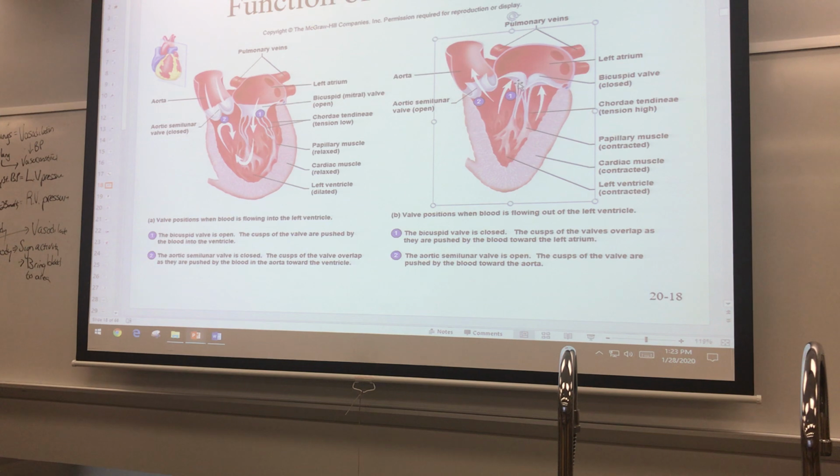Now, what would happen if we don't fully close that mitral valve? If it doesn't close all the way, we say you have mitral valve stenosis. And what happens is this: if that valve stays open, as you're moving blood upwards, some of that blood goes back into the atrium. So we need to make sure that the valve closes completely so we don't have backflow from the left ventricle